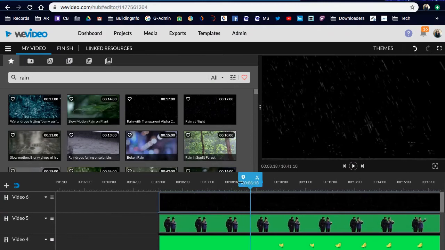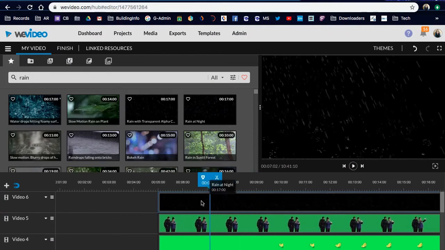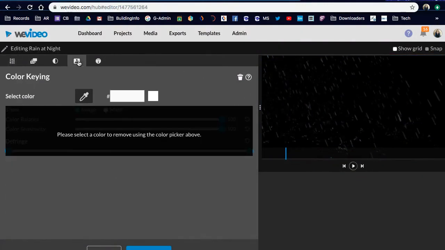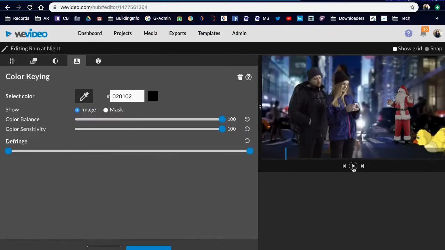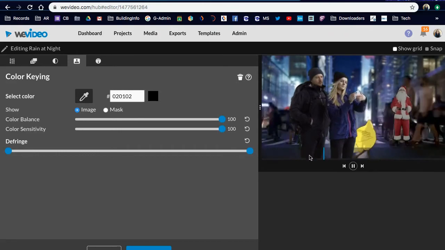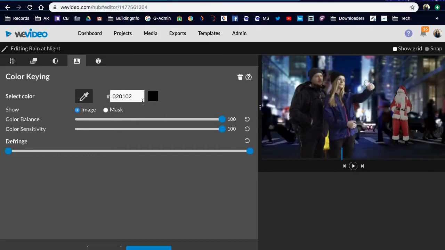Now, just to show you how chroma keying doesn't really work here because it's not green, double-click the layer, went into color keying, select my color, selected black. When we play it, it really doesn't work much at all. All you see is a little bit of static over here at the bottom. So I will take that chroma key or the color keying effect, delete it,